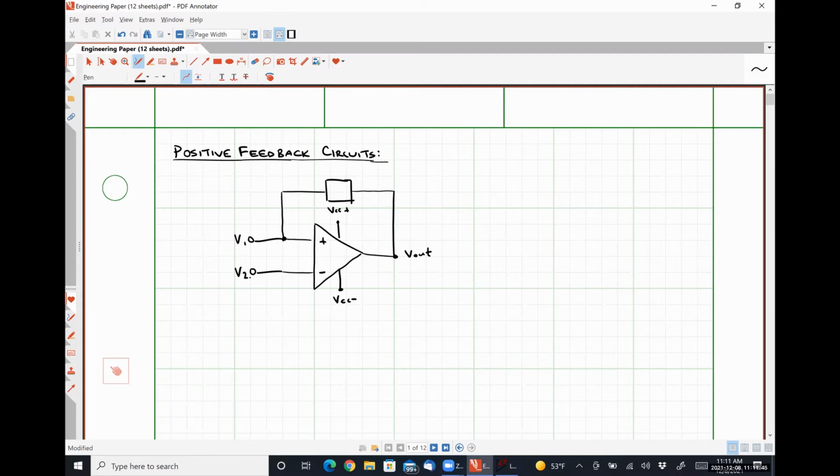The location of this closed loop, meaning that it's connecting the non-inverting input to the output, means that we have positive feedback, okay? So a positive feedback system is an unstable system, but it's more controlled than an open loop system. So